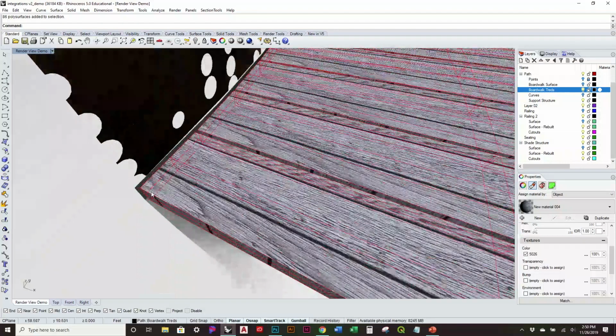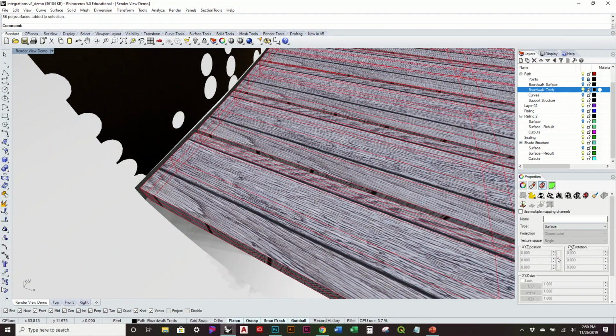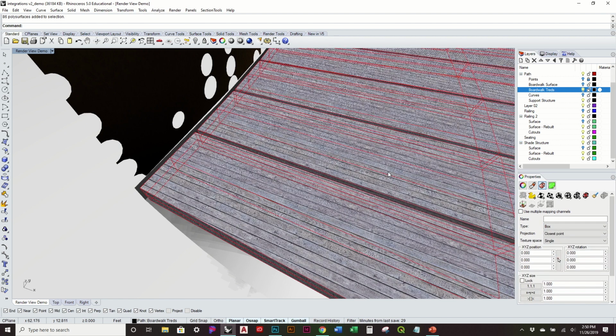And I want to just adjust the position with the texture mapping. I'll use the box. It starts to lag a little bit because there's just a lot of materials being assigned. It kind of messes up the scale again, but